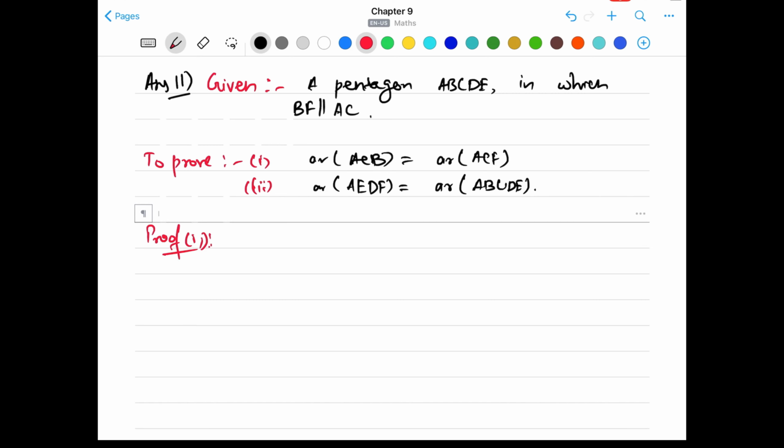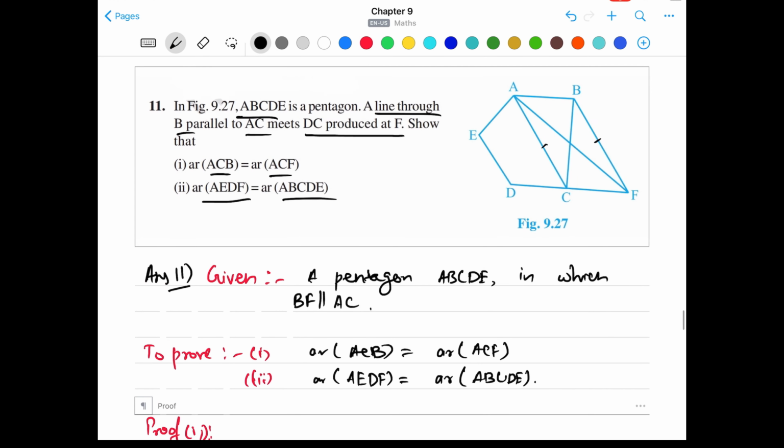Here you can see in this figure that you have to prove that the areas of these two triangles are equal. Now you will notice that the two triangles, AFC, this one, and triangle ABC, are on the same base, which is AC, and between the same parallels, AC parallel to BF. Okay, so we'll write,